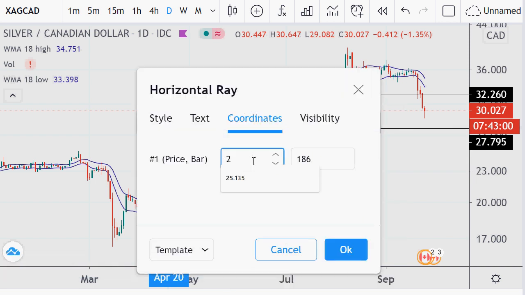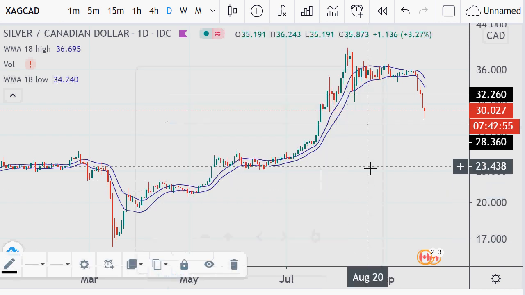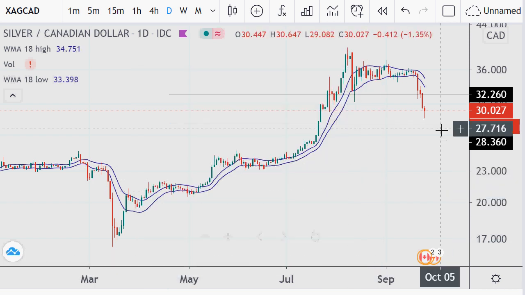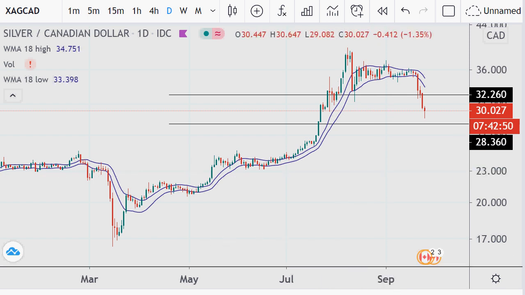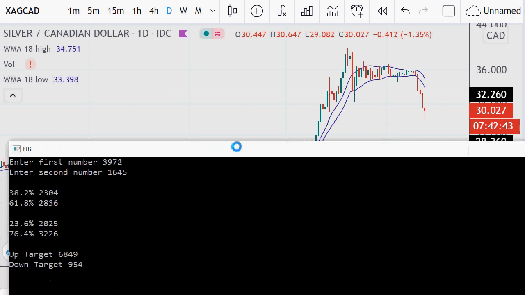I mean, it's close at this stage, but still not there yet. And then below that, we're talking about a 61.8% correction to the downside. And doing such, it would take us down to the level of $23.04. For now, I'm going to ignore this quarter number because I don't think it's going to retrace 76.4% down. It might not even do a 61.8 because the next one, we get to this next level.